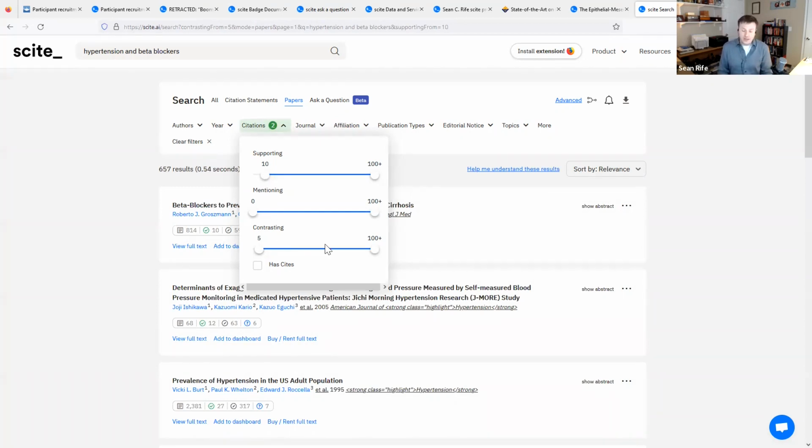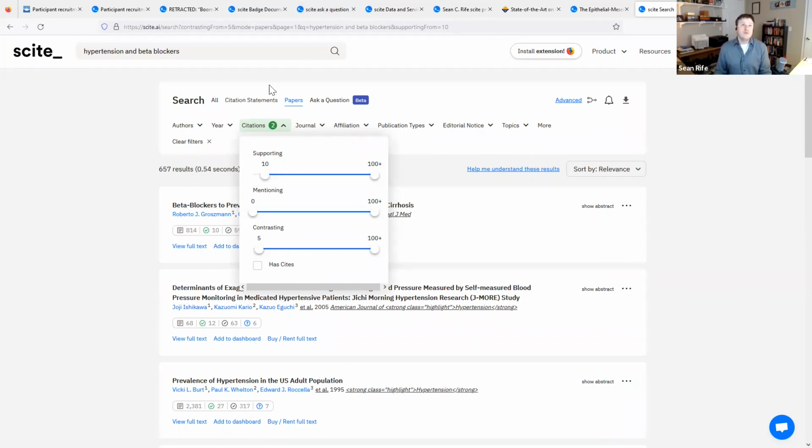So this is a way that I actually use when I teach courses. If it's an area that I'm maybe not actively reading in for a more general class that I teach, I'll look for topics that have been receiving contrasting and supporting citations more recently. And often those are the papers that I read from, as a professor teaching, as well as papers that I might actually assign to my students because those are hot topics in that given area.